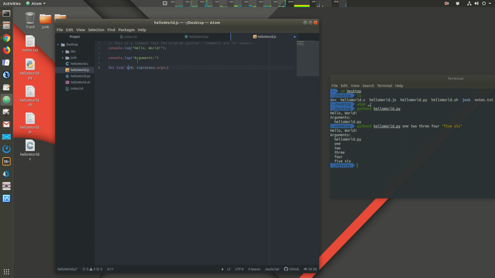So we start out a variable i equal to 0. As long as i is less than the length of this list of items, then we're going to add 1 to i each time. Okay, console.log. We're going to add 2 spaces, and then we're going to add to it